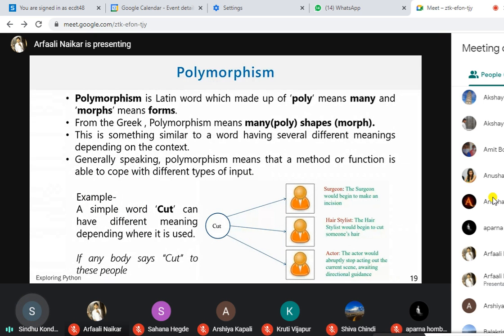is able to cope with different types. For